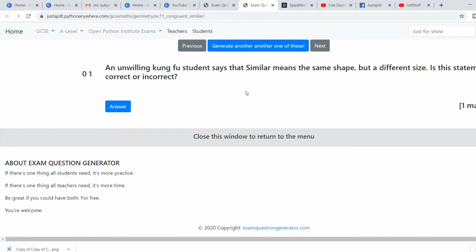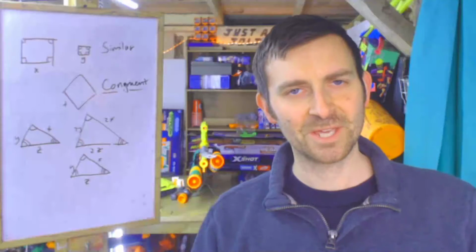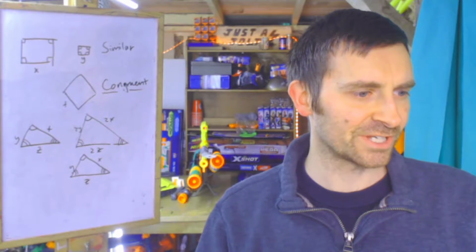An unwilling Kung Fu student says that similar means the same shape but a different size. Is the statement correct or incorrect? And the answer to that is, of course, correct. Now, what I want to focus on today is congruence,